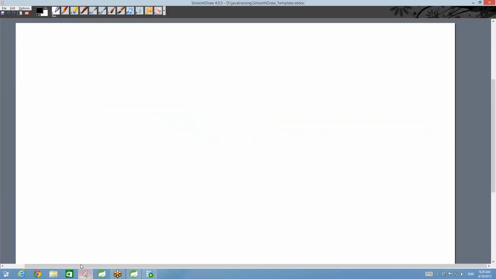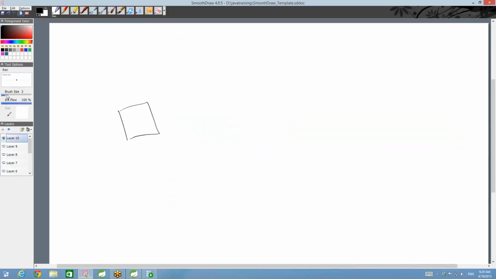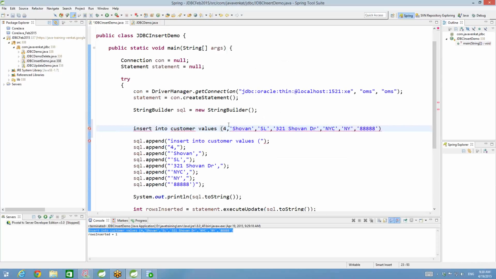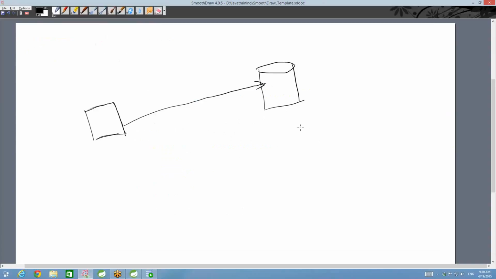What happens when your Java application, or any client for that matter, talks to the database and then sends a query? When you send a query like this, insert into customer values for Shown, SL, what it does is, the database is also a piece of software, right? Before the database tries to insert into the appropriate database table, what it does is